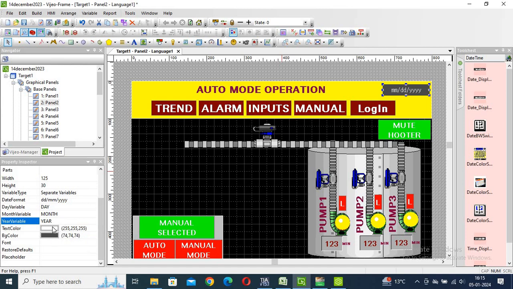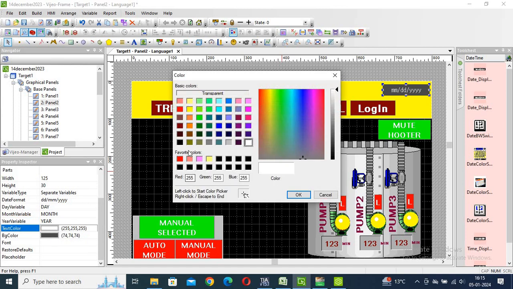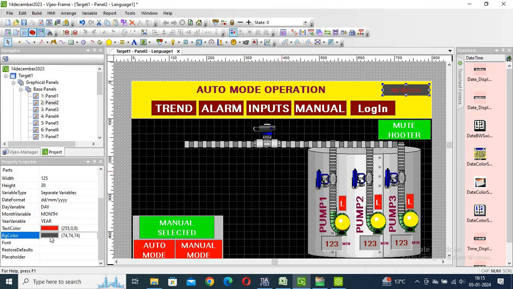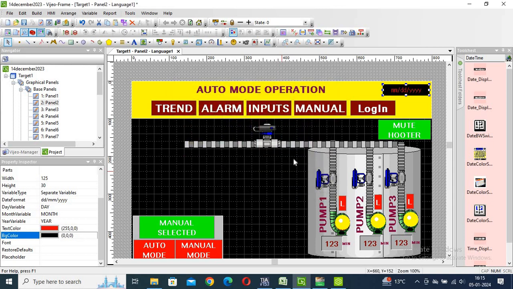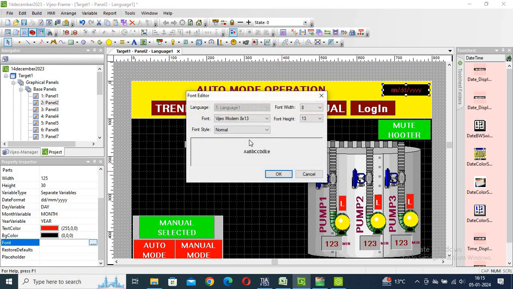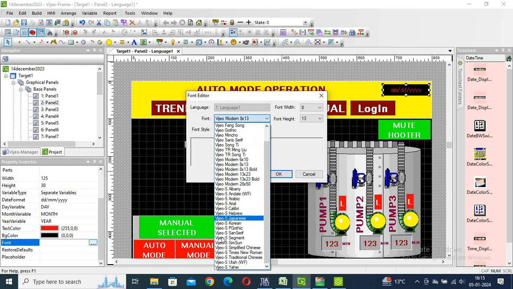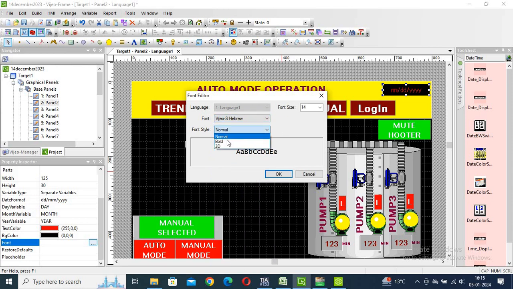After that you can choose the color of the text. I'm taking red, and the background I'm taking black. Okay, a font size you can choose from here. I'm taking normal, no bold, 14, 18, 20. I'm taking 20. Okay,